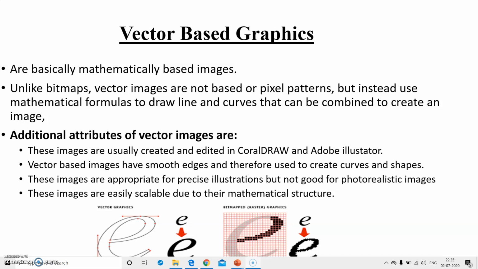Applications are: bitmap formats are best for images that need to have a wide range of color gradation, such as most photographs. Vector formats, on the other hand, are better for images that consist of a few areas of solid color. Examples of images that are well suited for the vector format include logos and type.